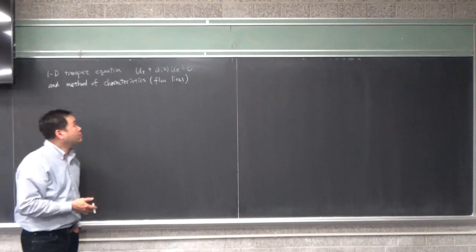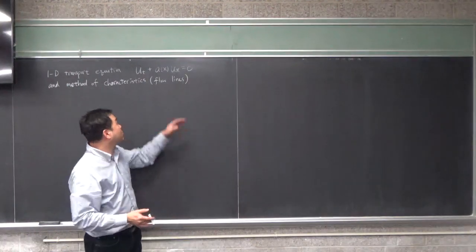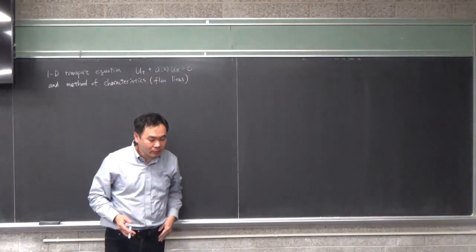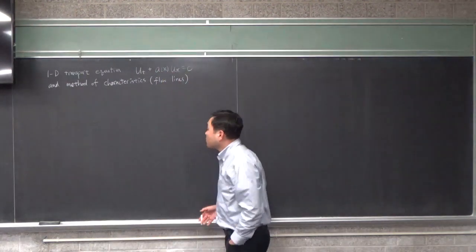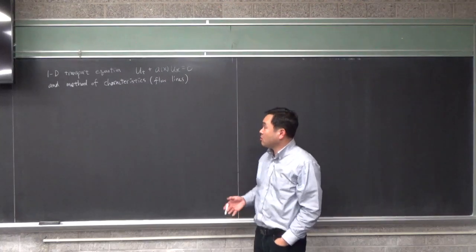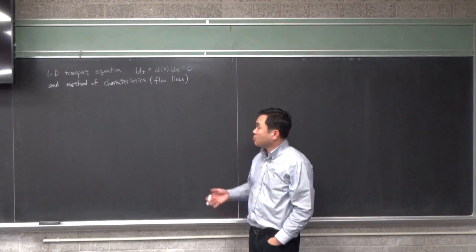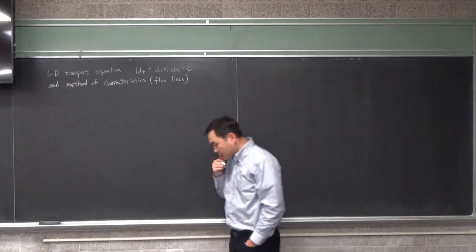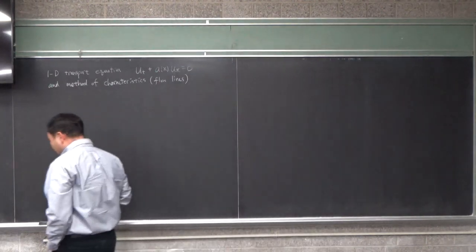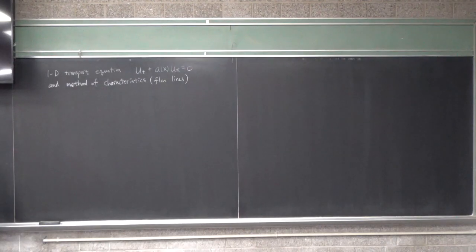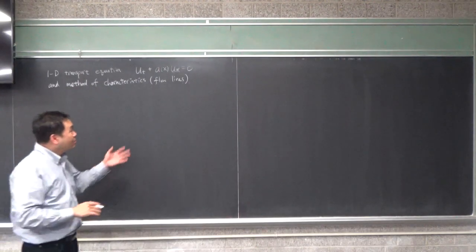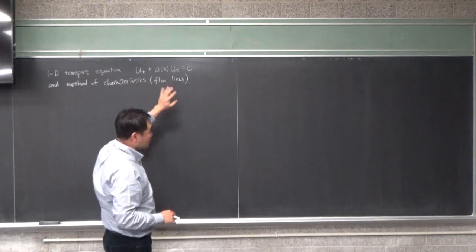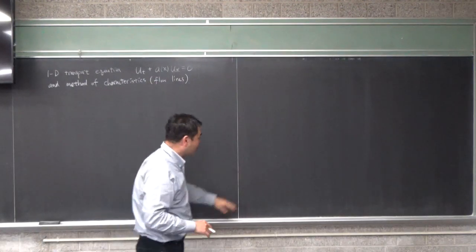So here we have a partial differential equation of the form u_t plus some function of x times u_x equal to 0. And I want to talk about how to solve such an equation by using a method called the method of characteristics, also known as flow lines. Now, I'll just show you a nice example to solve, but before I solve a slightly harder one,